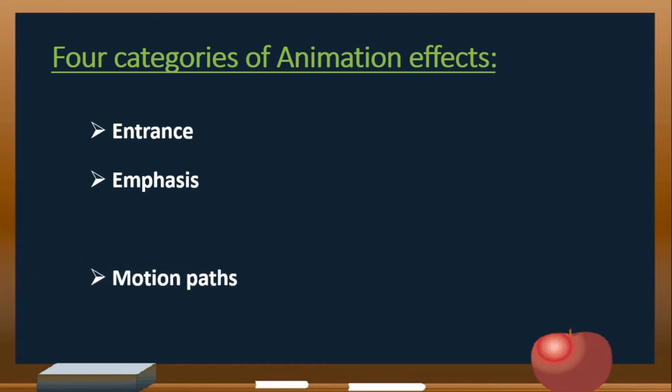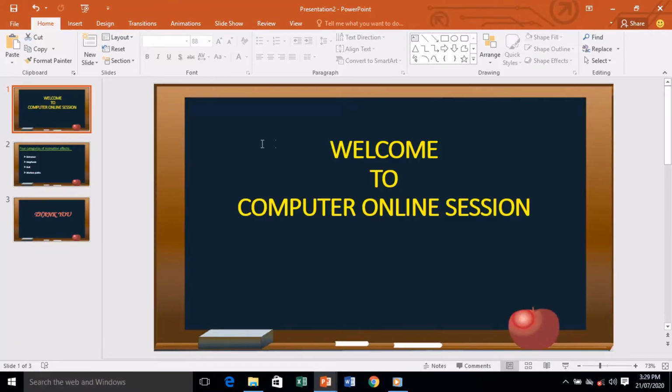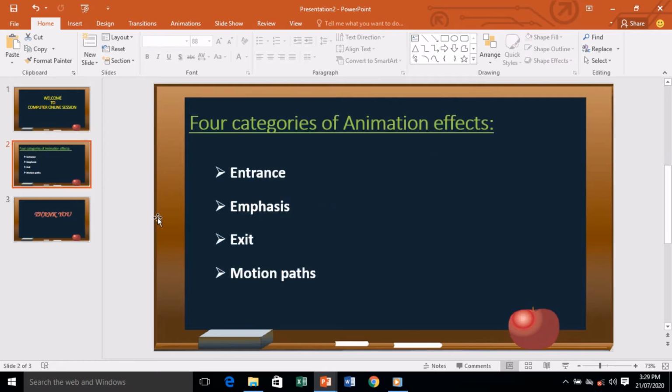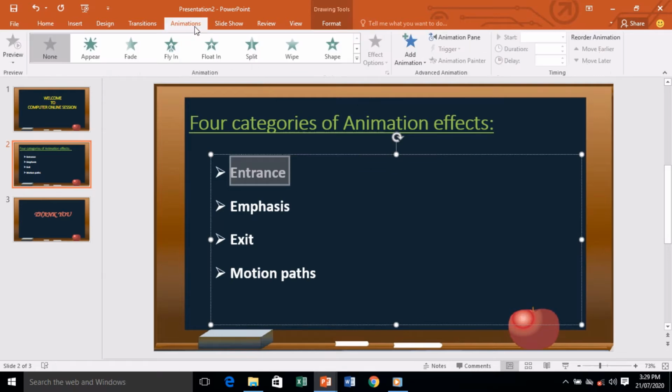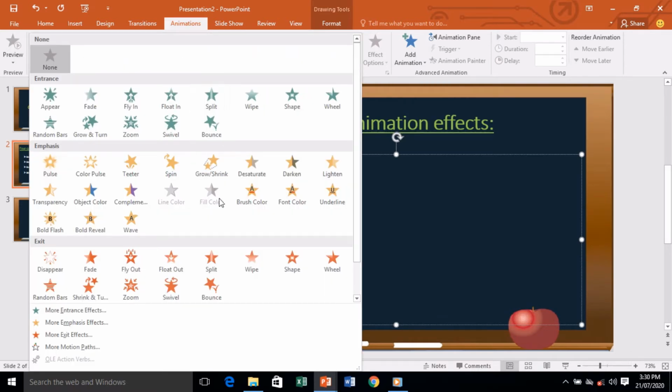Okay, so let's understand this. I'll show you practically how to apply this animation effect. So my children, here I have created a presentation and I'm having 3 slides in this presentation right now. I'll move to slide 2 and on this slide I'll apply the animations. First of all I'll select this object. I'm selecting the first object. We'll go to animation tab. Here you can see this. From this drop down arrow, here we can open this pane.